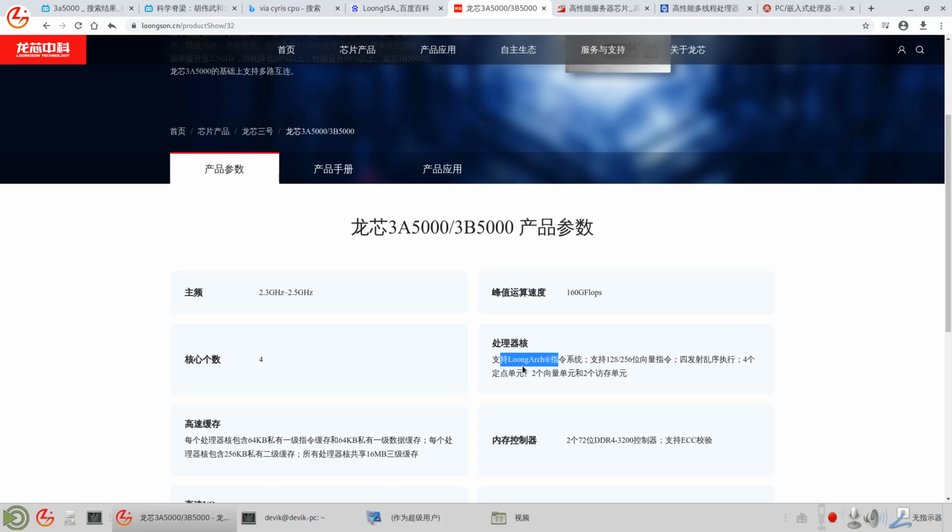Later I will show you how they translate it and how it runs x86 games on LoongArch, using the WINE environment to run Windows apps on Linux. Okay, that's the story about binary translation and CPUs.